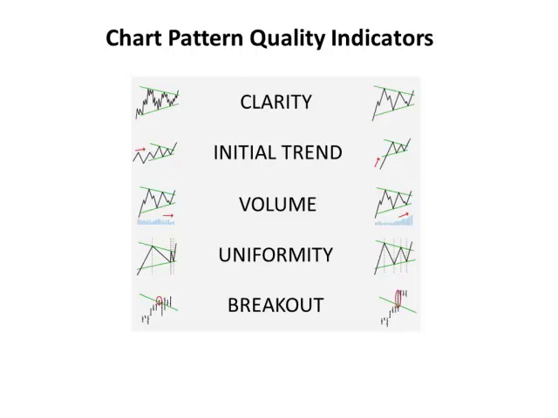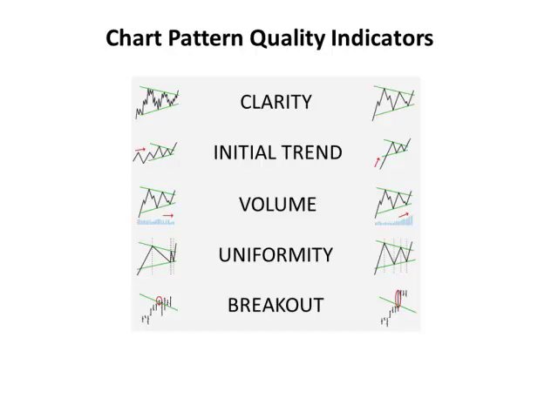There are 5 different quality indicators on chart patterns, and 4 of the 5 are measures of visual quality. They are the characteristics of the pattern that you can see yourself on the price graph. As traders gain more experience in using chart patterns, it tends to become second nature for them to immediately spot these visual cues. But for people who are new to chart patterns, these indicators can be essential to their trading